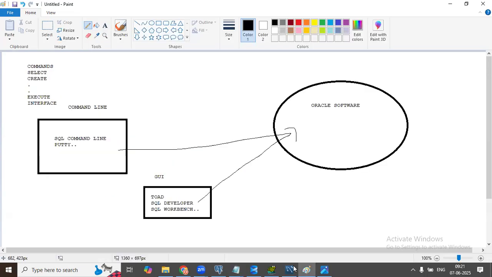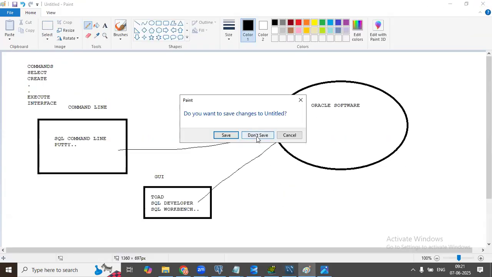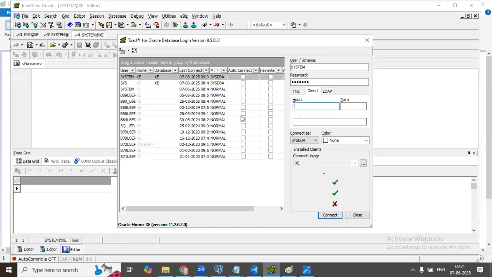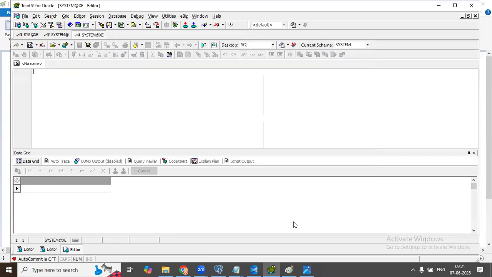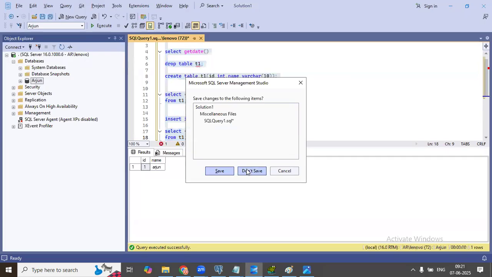This screenshot I'll upload, don't worry. Let me close. Paint, let it be. This I'll close. Code also I'll close, or let it be, I need to cover something. SSMS. This edge boot I just covered. I'll close it. Fine.